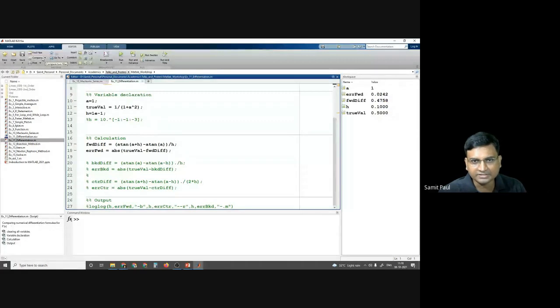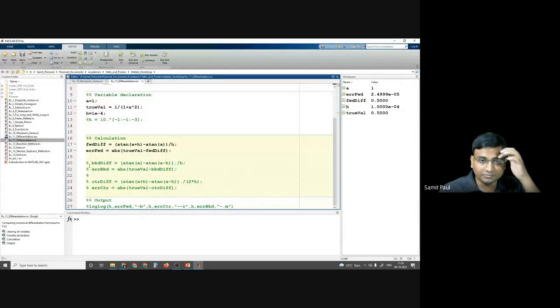Now let us change the step size h. Let us decrease it to 10 to the power of -2. See, if we change the step size, the error has also decreased. If we decrease it further, say 10 to the power of -4, the error is also decreased, keeping the same ratio. And if we plot them,